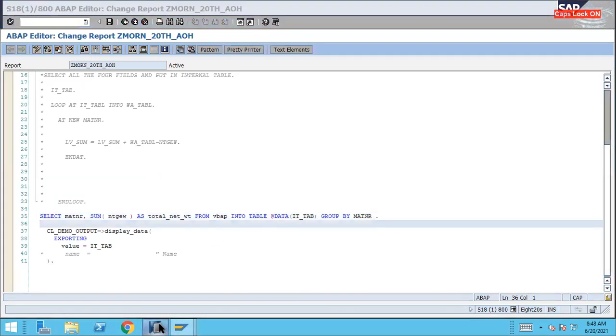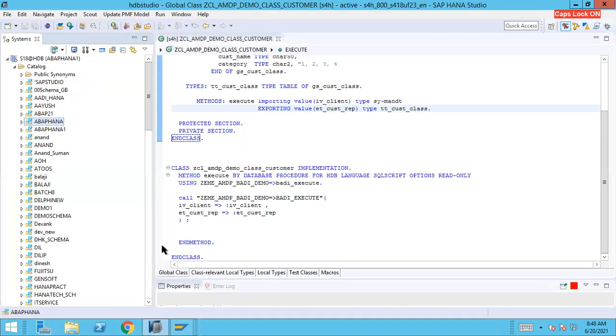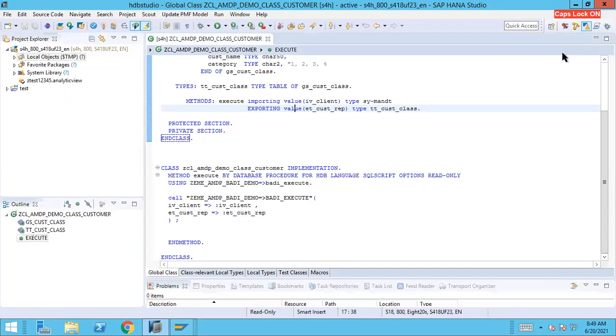Similarly, when you have to develop the CDS and all, the same thing you can do with the help of CDS as well, and the CDS can be consumed at the report level. Okay, we'll see all these things in more detail. Here it's just to understand that when you have to go and create the CDS, you have to go into the ABAP perspective.